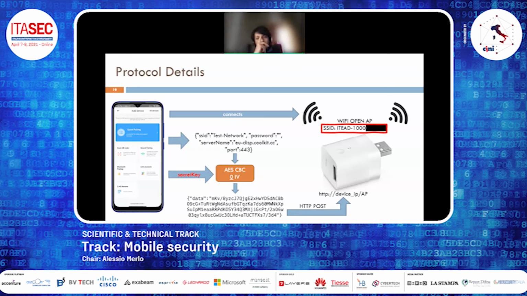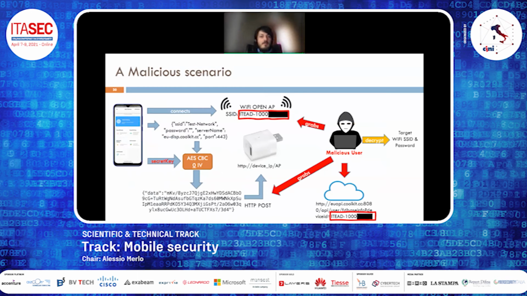Well, the fact that the device uses its device ID as the Wi-Fi SSID enables a nearby attacker to implement all three threats that we presented earlier. In particular, in this scenario, a nearby attacker would be able to identify the device ID by solely looking at the Wi-Fi networks nearby.